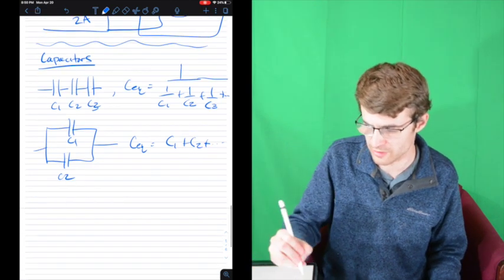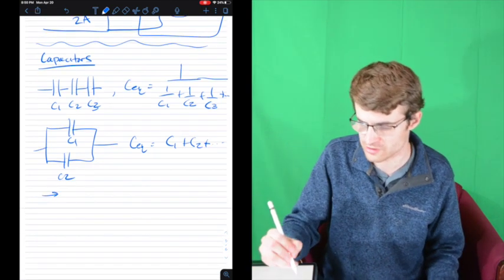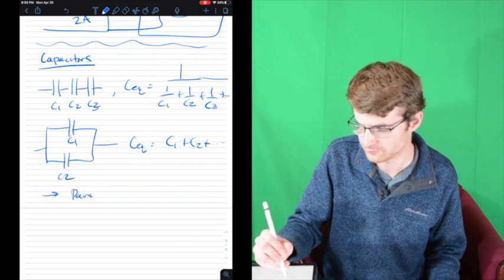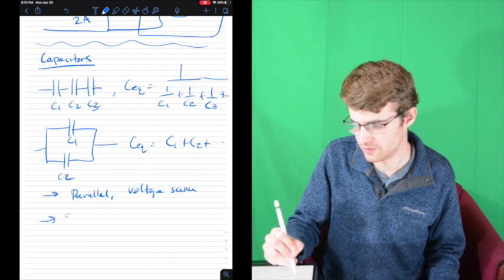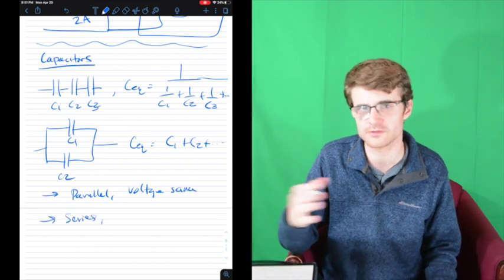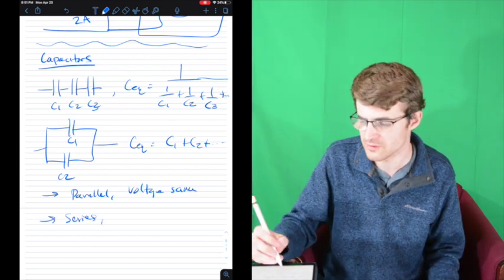And just like with resistors, if you're in parallel, voltage is the same. And if you're in series, we don't have current in capacitors if they've been hooked up for a long time, but we say the charge